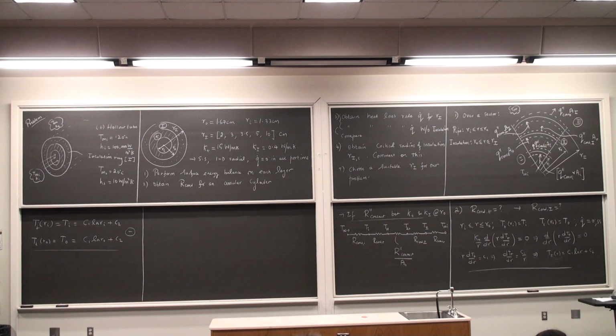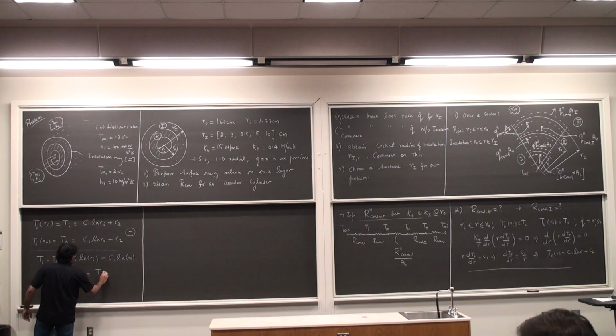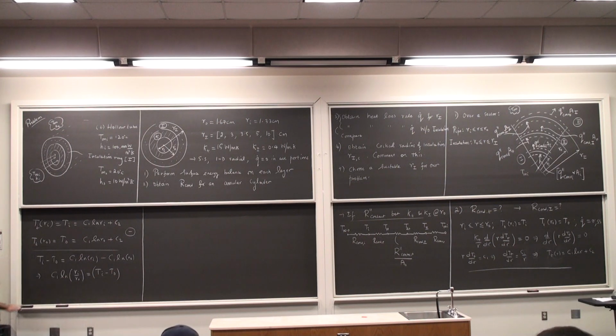Log A minus log B is log A divided by B. So from here I'm going to have Ti minus T naught is C1 logarithm Ri minus C1 logarithm R0. Or if I rearrange it, C1 logarithm Ri by R0 is Ti minus T naught. But Ri is